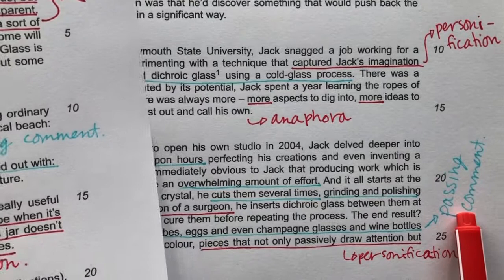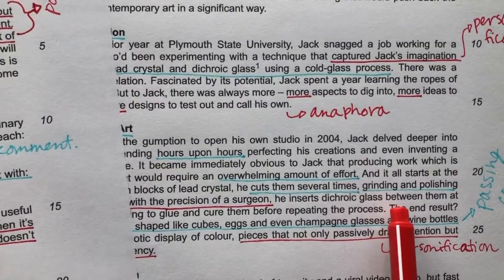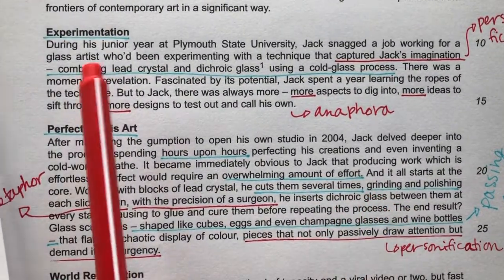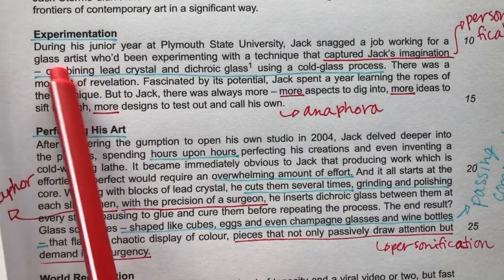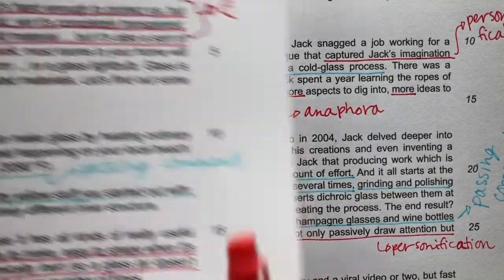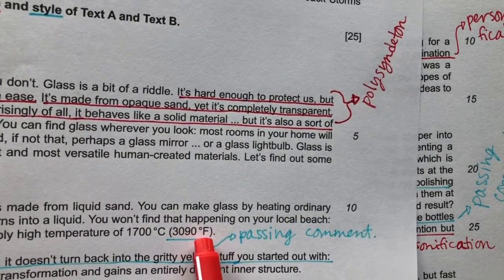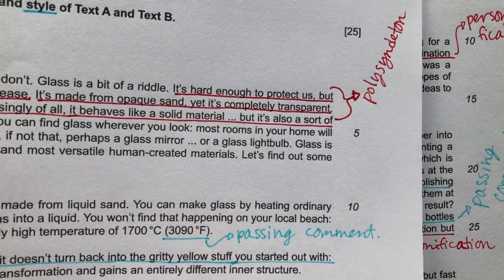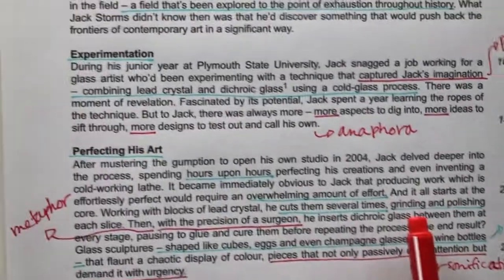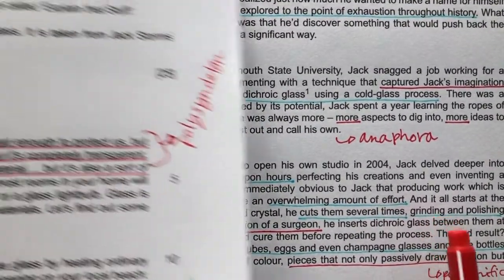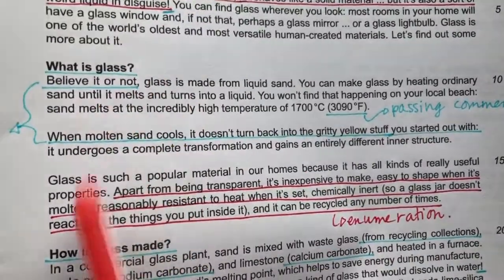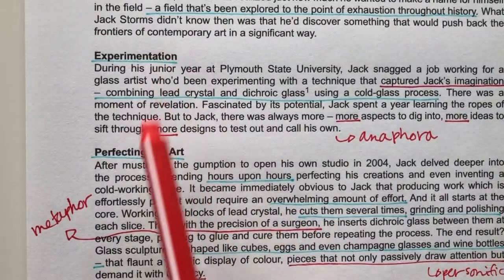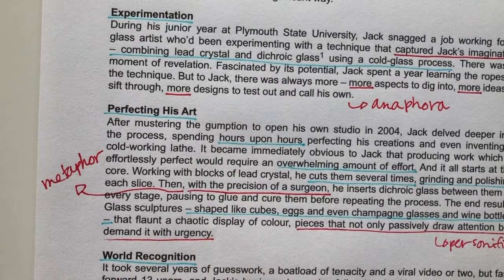So that's similar, but remember, we use different kinds of way to represent the passing comments. Text B uses dashes, while text A uses parentheses. Okay, second thing that they have that's similar are the subheadings. Text A, subheadings. Text B, subheadings. Okay,